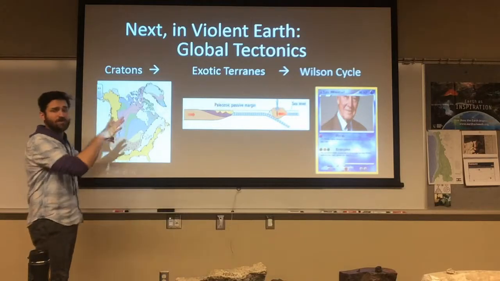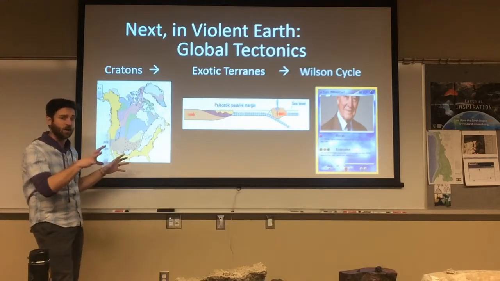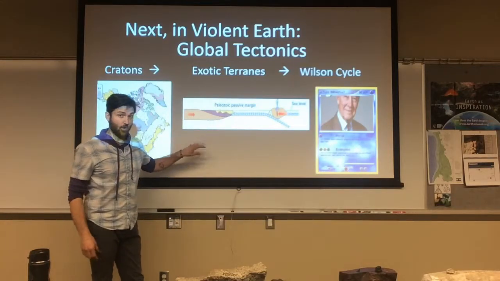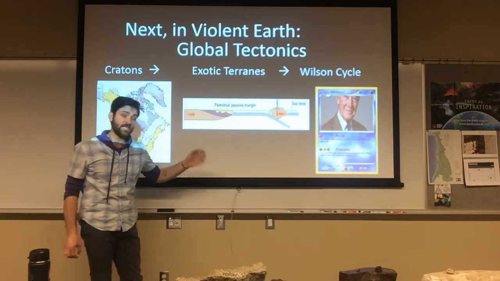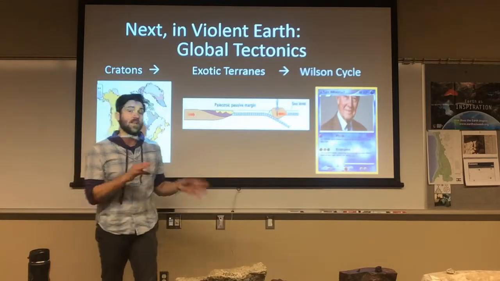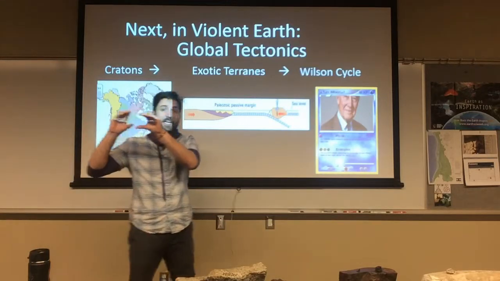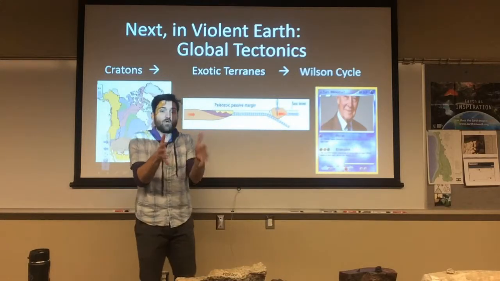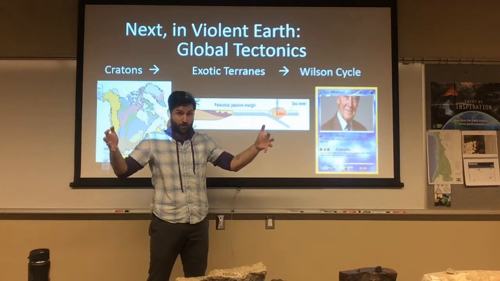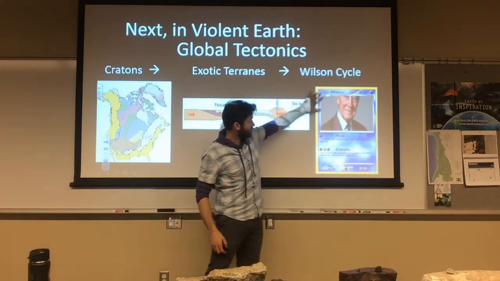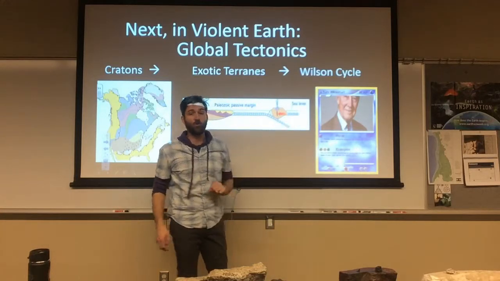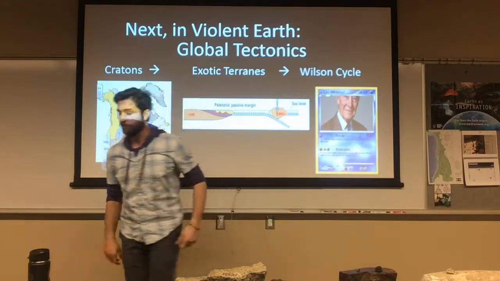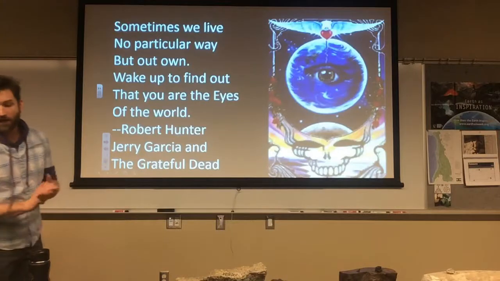But really, I just want to give you the idea here of a craton, and then we'll talk about exotic terrains, or effectively how the crust of the Earth grows. In the last lecture, we talked about thickening through time, but it's exotic terrains that actually build crust wider through time, okay? And then I want to talk about something called the Wilson cycle. And this is J. Tuzo Wilson in a Pokemon card, if you're familiar with that game.